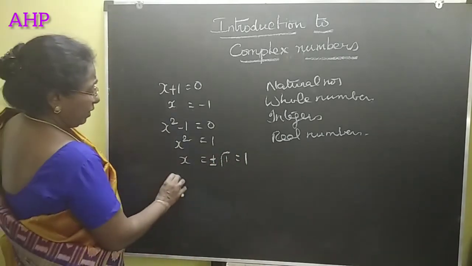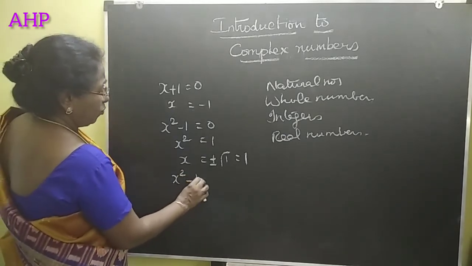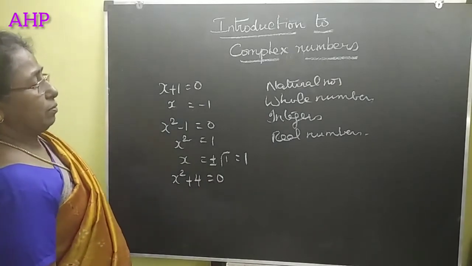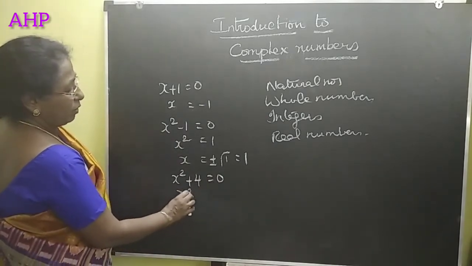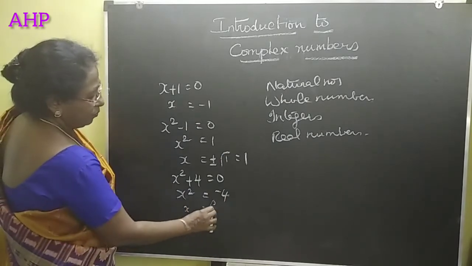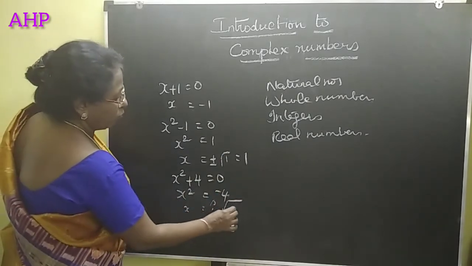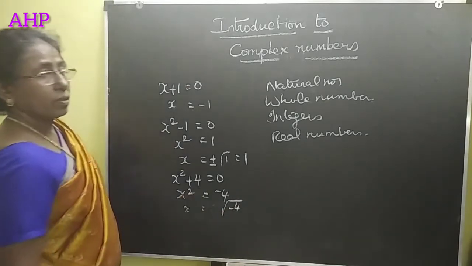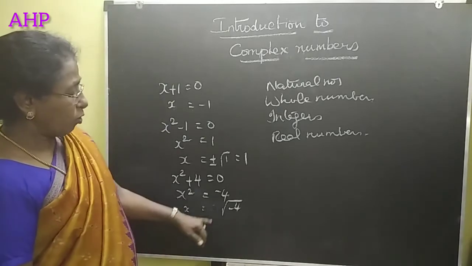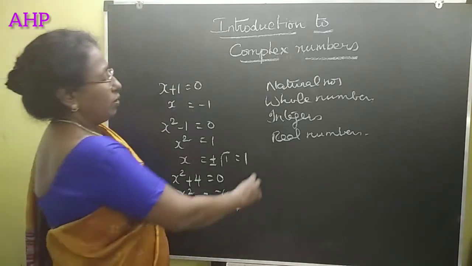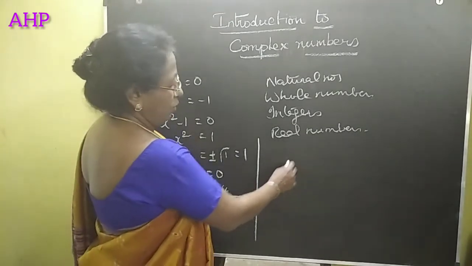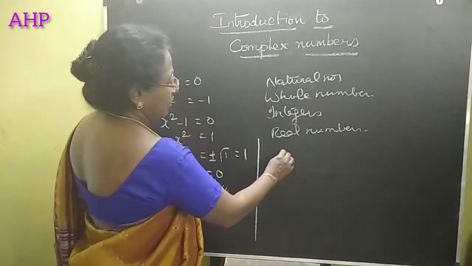Suppose we have x square plus 4 is equal to 0. Then x square is equal to minus 4, and can we find x? This is equal to root of minus 4. Can we find the value of root of minus 4? No. We can. So x is equal to plus or minus root of minus 4, and this can be written as